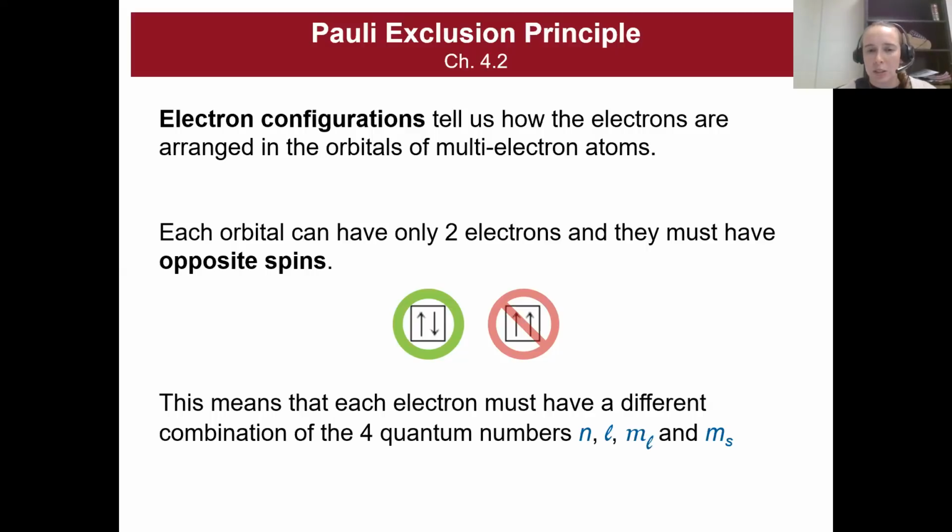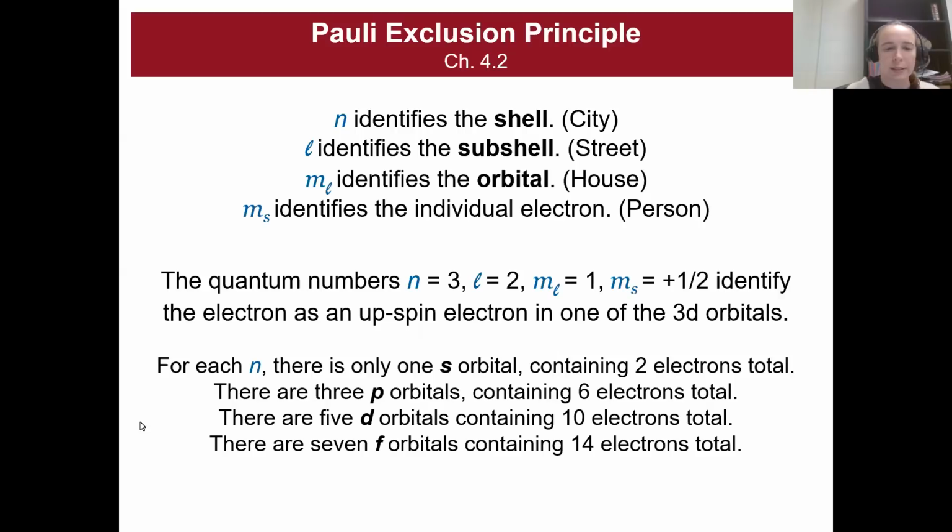So I've mentioned this before, but we didn't have it explicitly defined. So the Pauli exclusion principle states that these electrons, if they're in the same orbital, have to have opposite spins. And more generally, it states that